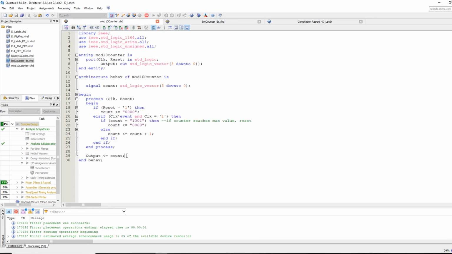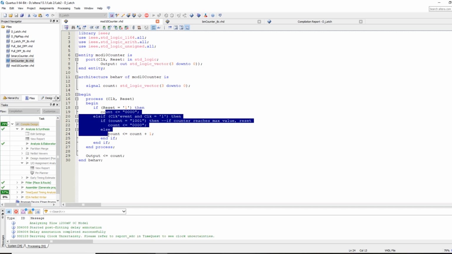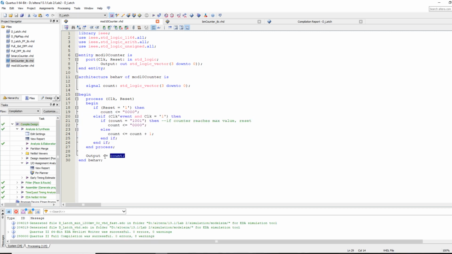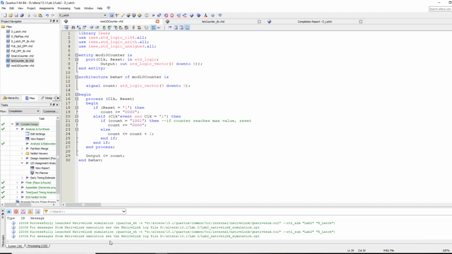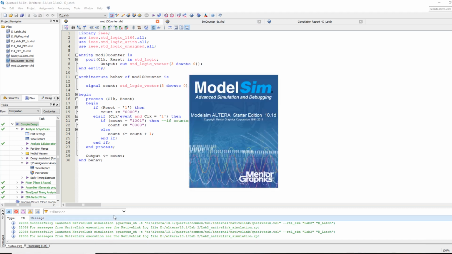So remember, this line exists outside of the process so that every time the value of count changes here, I don't need to wait until I hit all of these lines before the end process statement before I can assign that value to the output there. So as soon as count changes within the process, it is assigned to the output port instantaneously. Okay, so running the simulator now,